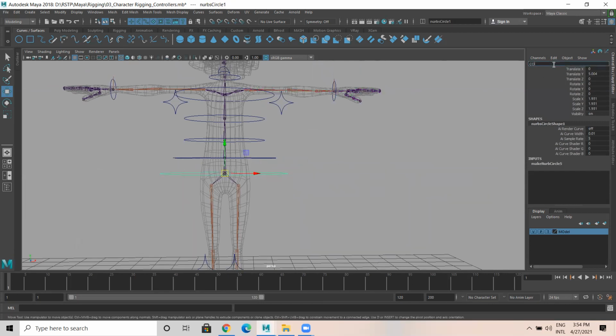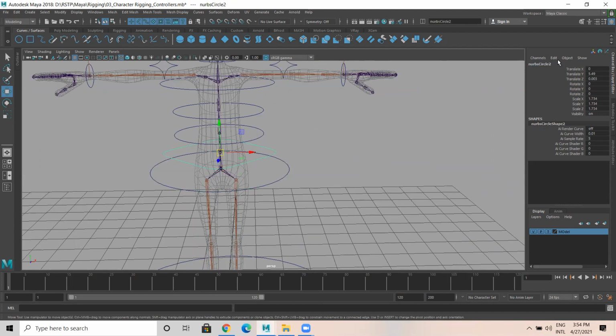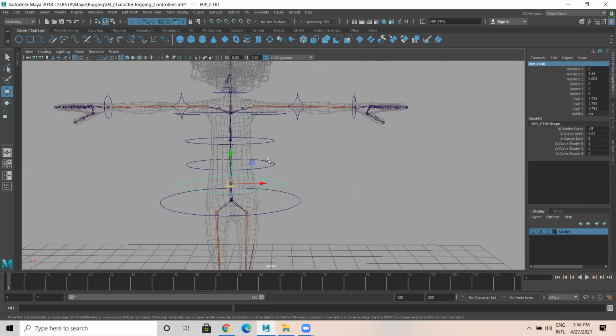Let's name this. And this is the hip controller. This is spine 1, spine 2. Spine controller 1.